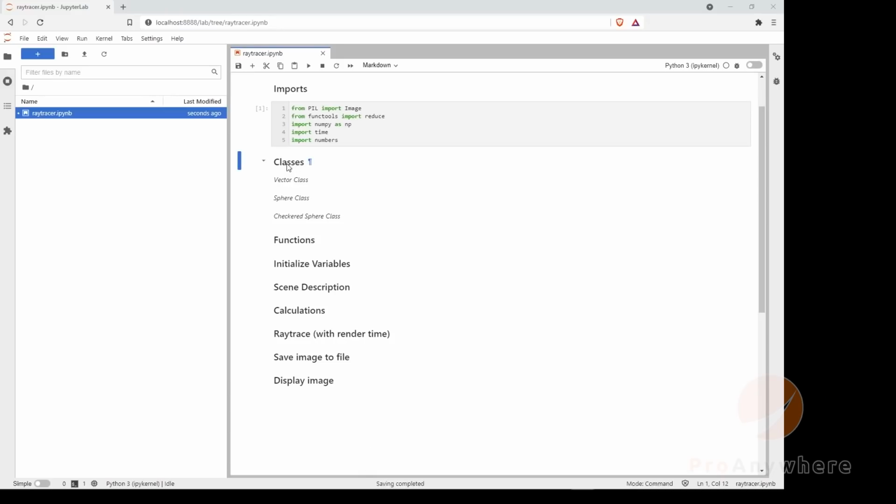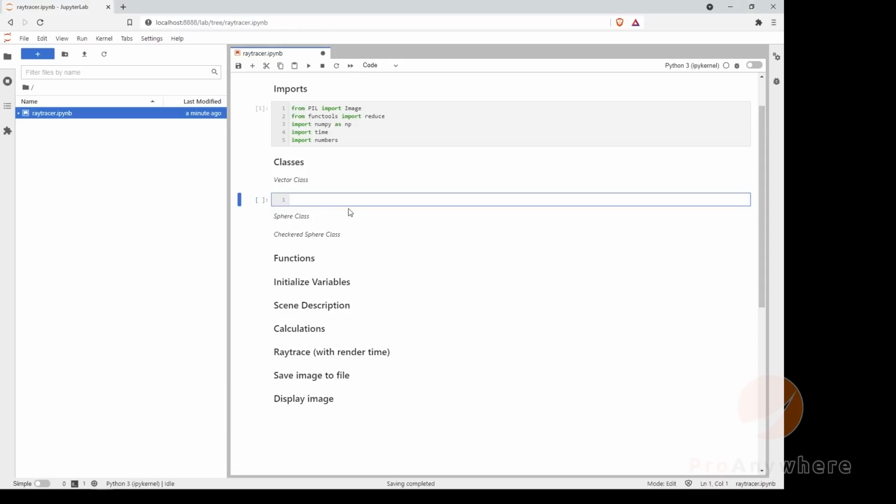Next, we're going to start implementing classes. If you're going to do any type of computer graphics, most likely you're going to implement the base functions or the base utilities, which would be like points, vectors, matrices, if you're not using a library. So here is no different. We're going to implement our own vector class. I'm going to press plus, and I'm going to implement the vector class,